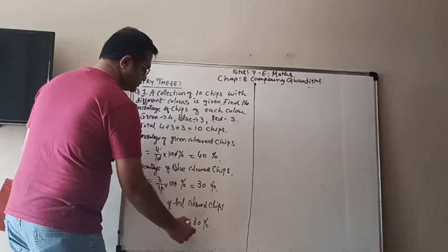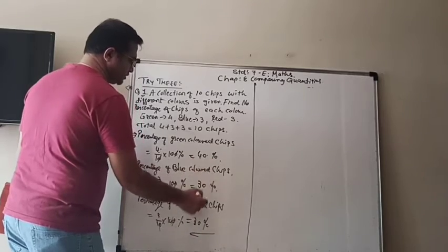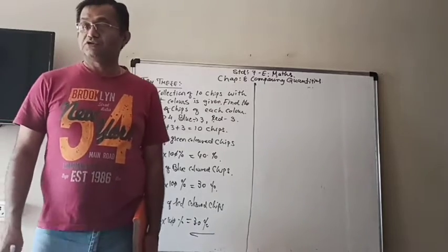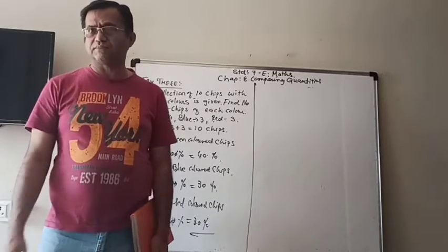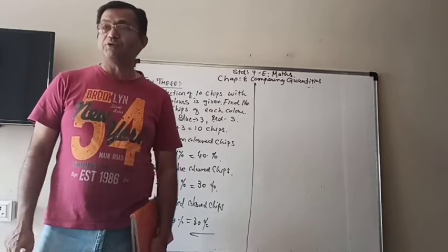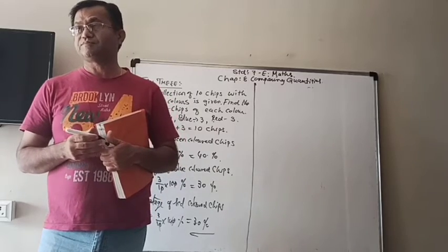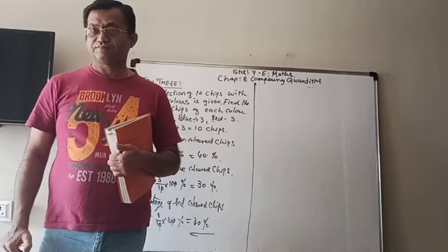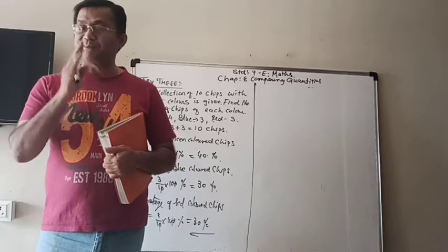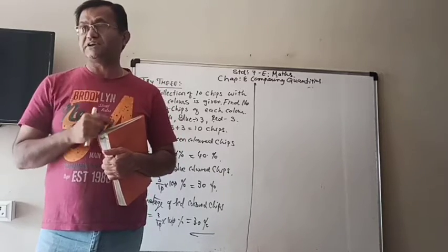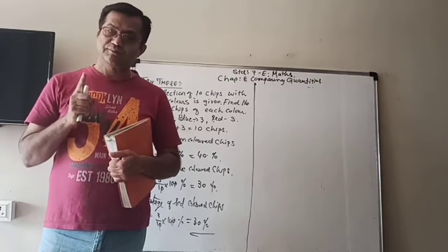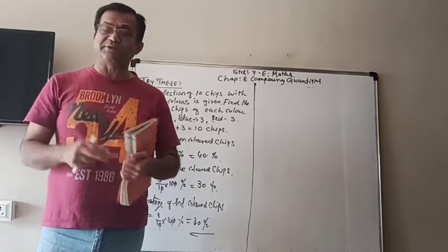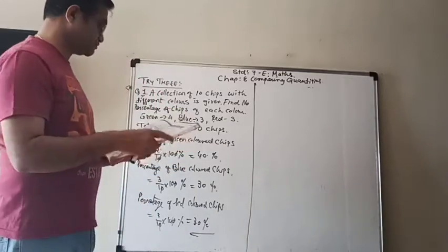And make sure that at the end 40 plus 30 plus 30 should be 100%. Here the cancellation was easier, but if you make a mistake in the cancellation, then the total percentage of all the categories will not come to 100. So after you find the percentage of each article, make sure that the total percentage is 100.